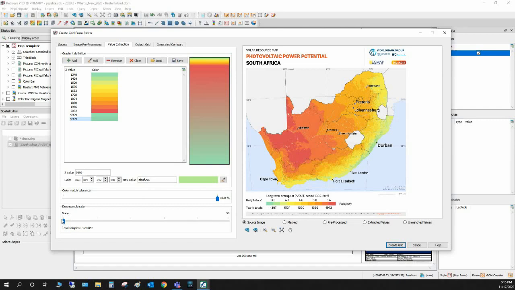I tend to leave it at none because I think the process so far, in my experience, works pretty well. But you do have the option here to downsample it to smaller and smaller pixel counts if necessary. It will affect the final quality of your grid the more you downsample it. On the right-hand side, while you're assigning this color gradient, I recommend you have it on this Unmatched Values radio